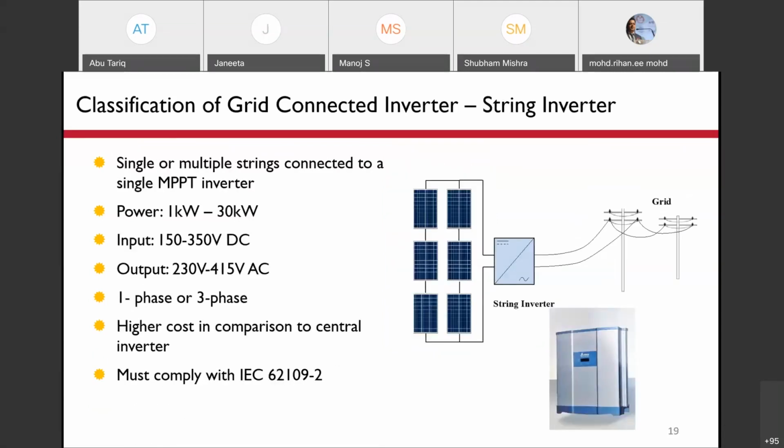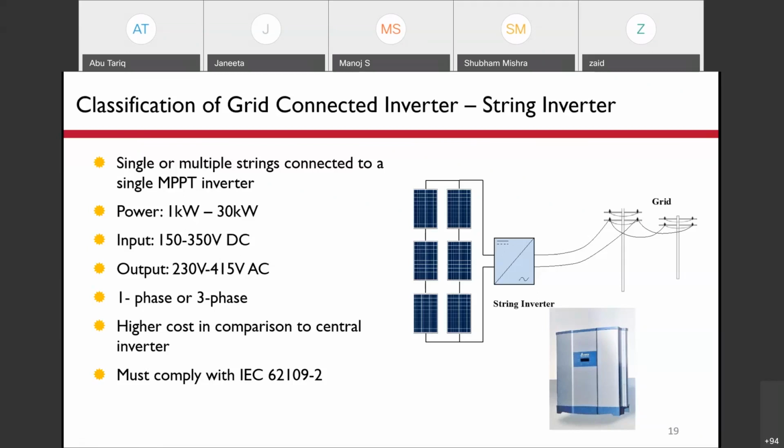Now, the second thing is that in the string inverter connection, the different modules are connected in series and then in parallel, and one string comes in and we have the inverter there that receives the single input here, and of course the maximum power point tracker which is here will operate the PV array at its maximum power point.